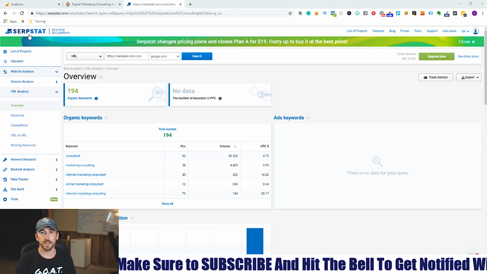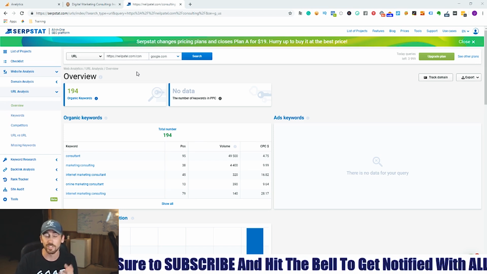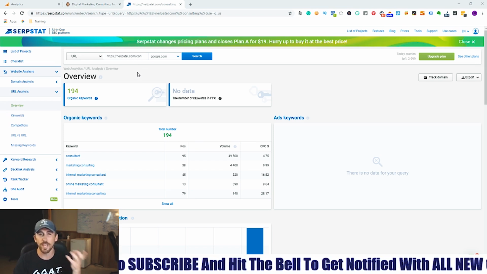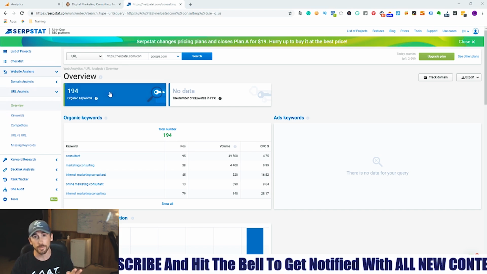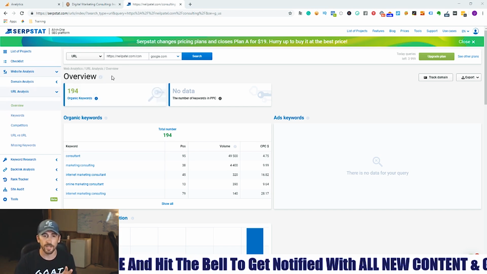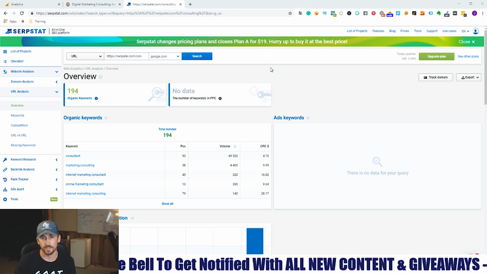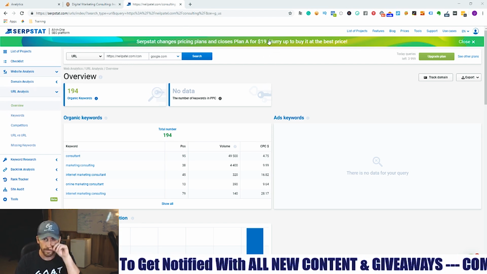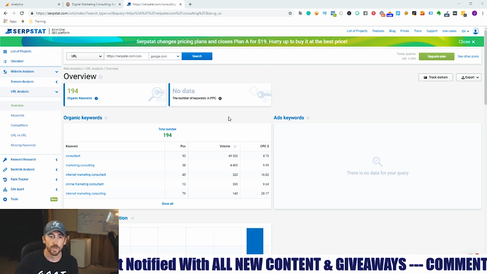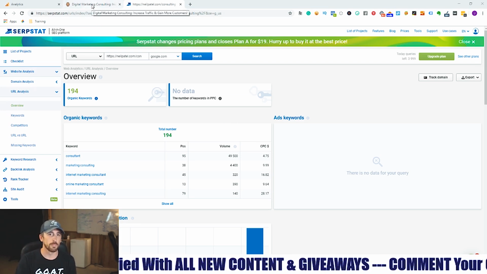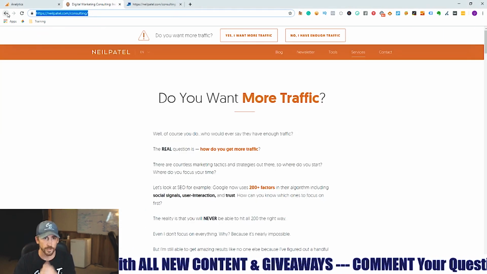But SERPStat is great for content planning. You actually need a tool like this. You might have heard of Ahrefs or something like that. SERPStat is much more affordable and provides the same type of platform. So anyways, what we do is we go to a competitor, let's just say Neil Patel, for example, and